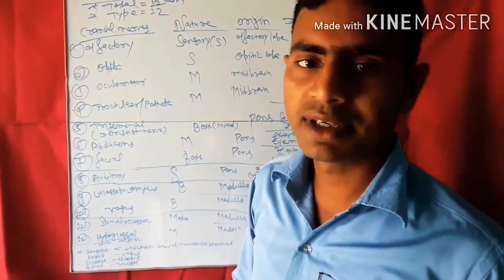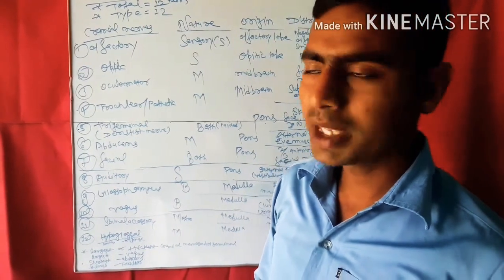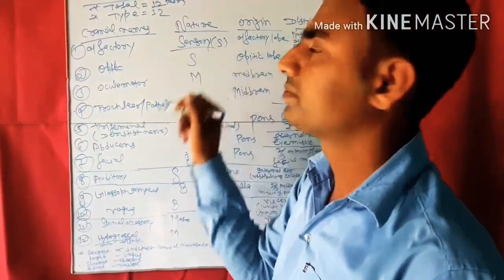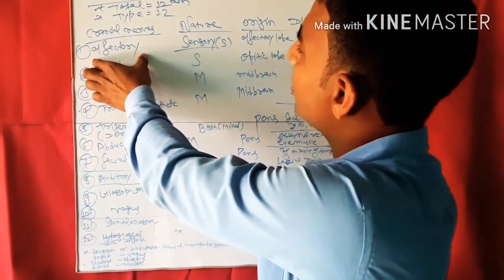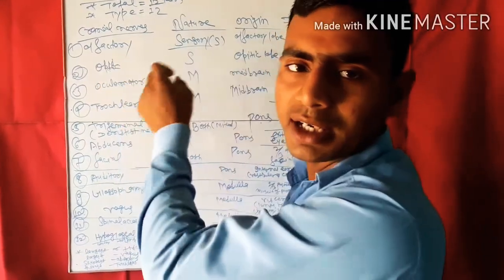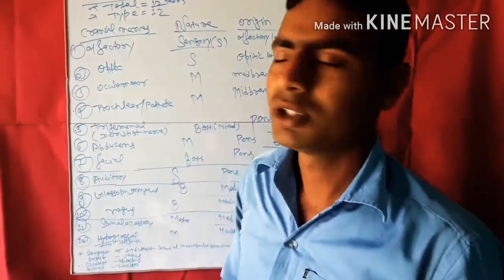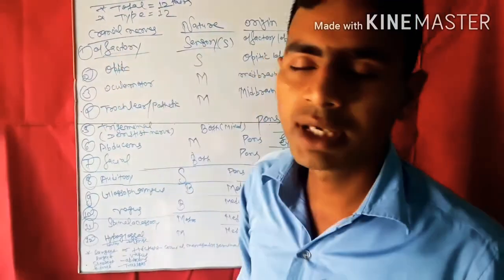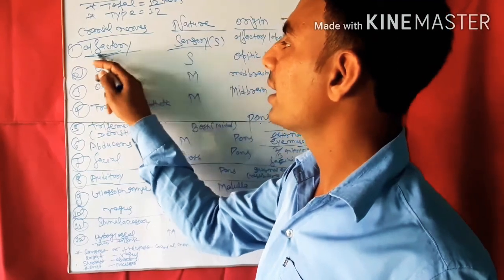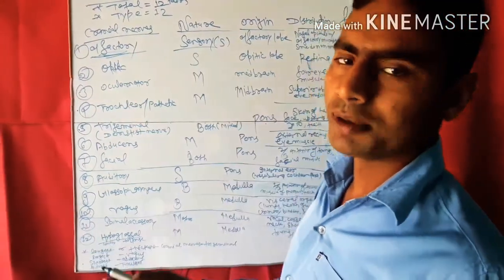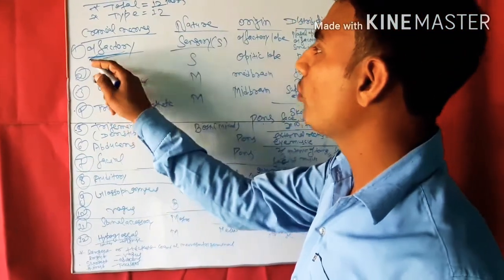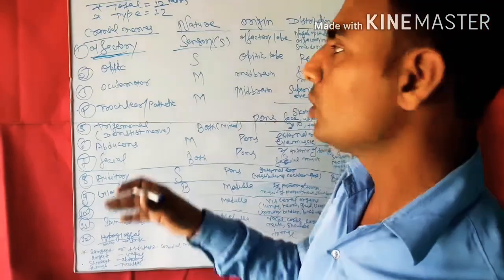This is the first cranial nerve, the olfactory cranial nerve. The nature of the olfactory cranial nerve is sensory. This means the work of the olfactory cranial nerve is to sense. The origin of the olfactory cranial nerve is the olfactory lobe. And its distribution, this means where the olfactory cranial nerve is present,